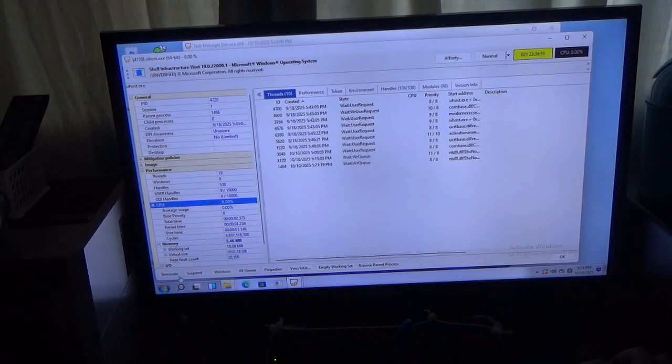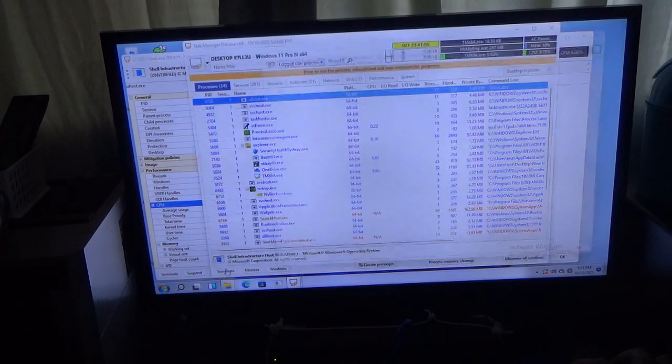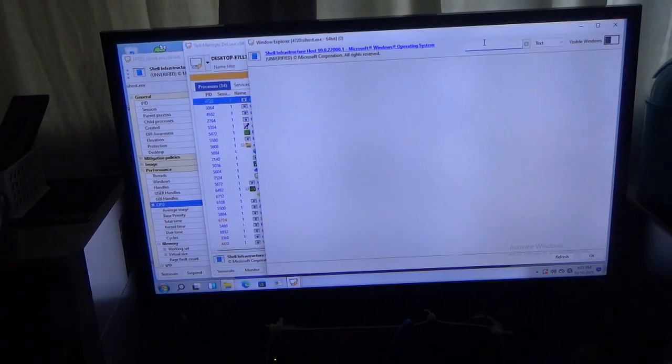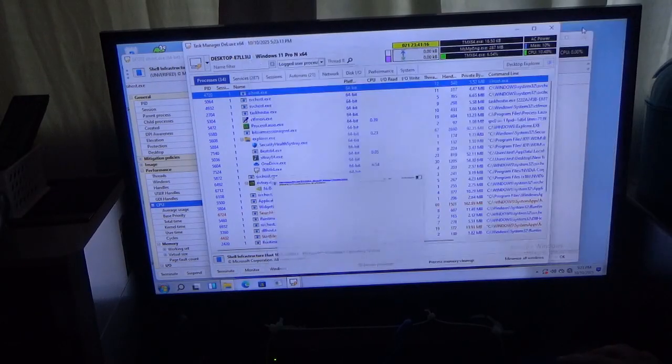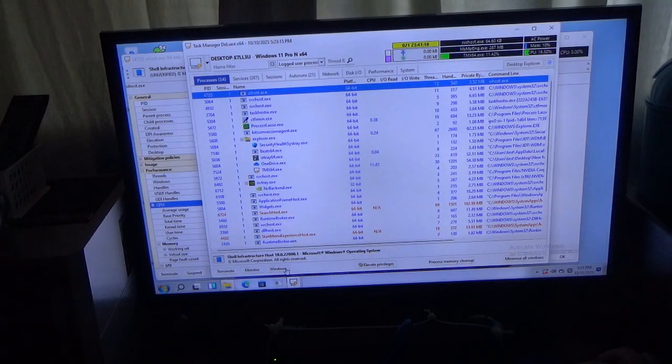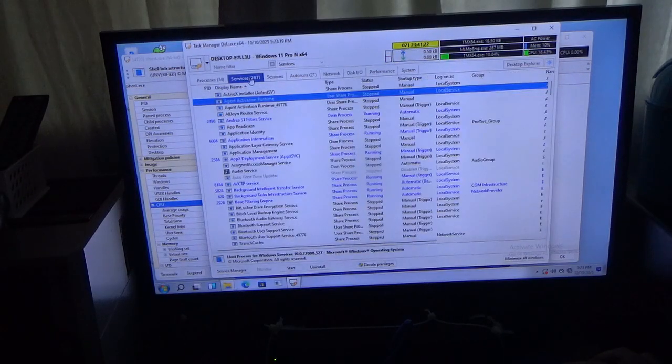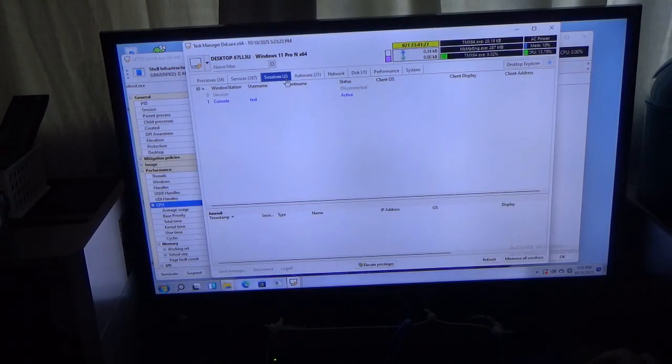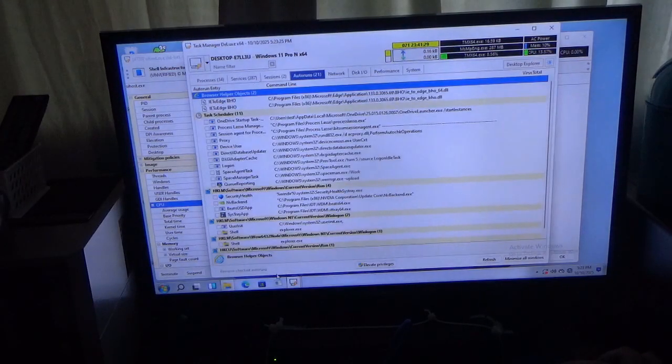So I can click Terminate, Suspend, Windows. Now we're going to go through the Process Explorer. It's got its own Explorer, which is really cool. If I click Windows again, these are all the services that are running. Sessions, auto runs, which is this network.